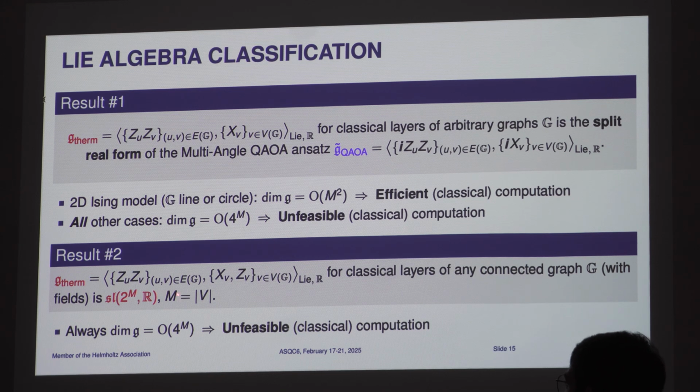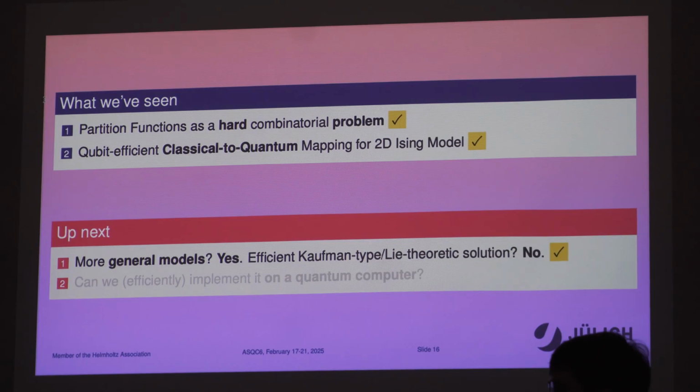And if we also apply magnetic fields, we get something even worse, where even when the graph is a line or a circle, corresponding to the Ising model, we always get something exponential. So the answer to can we get some efficient computation maybe by changing the connectivities is no, unfortunately. Still, something that we wanted to understand